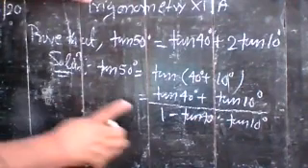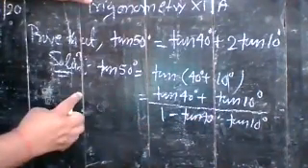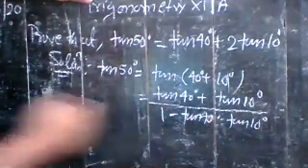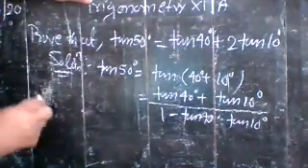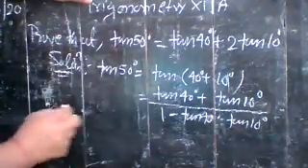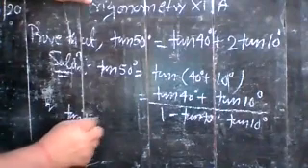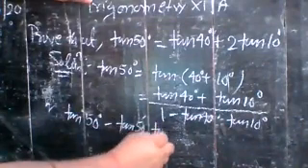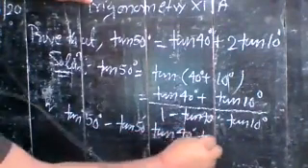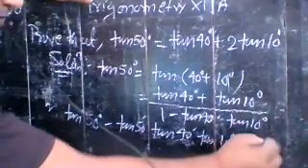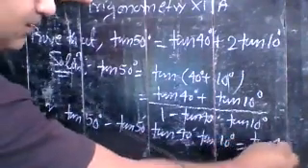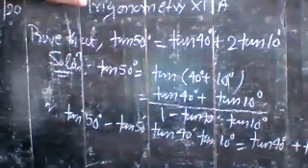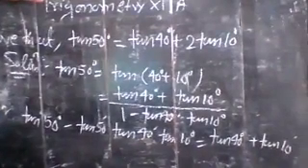Now you have to take cross multiplication. So tan 50 is to be multiplied to each term in the denominator. Tan 50 degree into 1, so you write here tan 50 degree minus tan 50 degree, tan 40 degree into tan 10 degree is equal to tan 40 degree plus tan 10 degree. You can write it in this way.